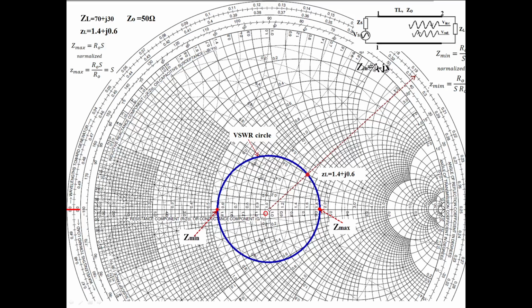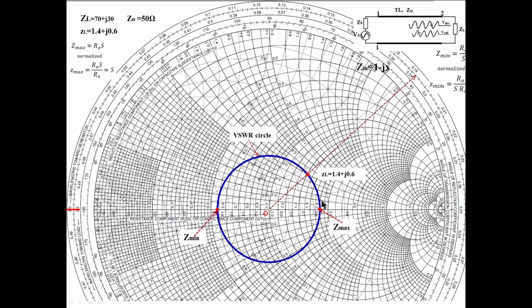Similarly, if R is equal to 2, that also I can find. At what distance is it? What do I have to do? Starting from the load, you stop wherever R is equal to 2. But the circle may not intersect R is equal to 2, it may always be a lesser value. For example, 1.4: where R is equal to 1.4, you start moving like this. Wherever it intersects R is equal to 1.4, you stop, draw a line passing through this, and measure the distance from here to here. So we can find out at what distance the position where the resistance value is 1.4 is.